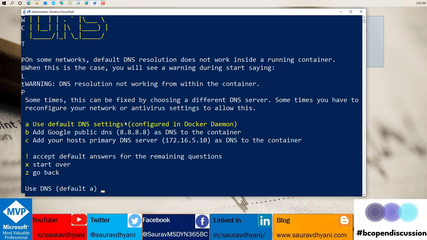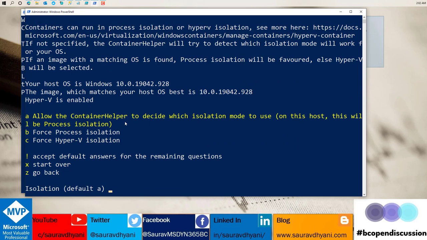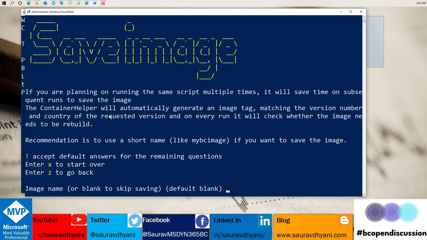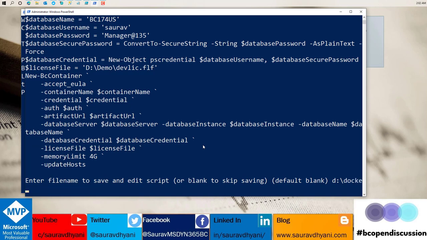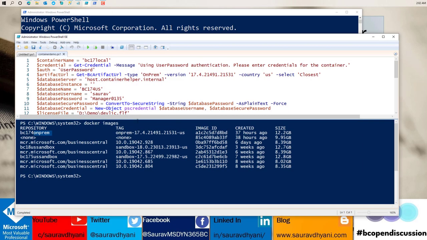Then these are the default options. I'm not going into it. I'm choosing default. Do not use SSL. Allow container. And the amount of memory is, let's say, 4G. And I don't want to save the image. And this is my command. So I'll save it as, let's say, container demo, and I'll press enter. The wizard will stop and you'll see that your PowerShell will open with this command ready